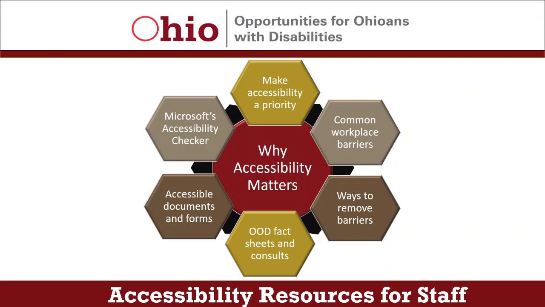Julie, I like how equipping employees with this information can spread the knowledge of accessibility across an organization. Instead of it being the responsibility of one person or one department, this empowers employees to keep accessibility in mind with all they do. That can really impact the culture of inclusion the employer is striving to create. You mentioned documents, forms, and the accessibility checker. So why don't we talk next about the digital environment?